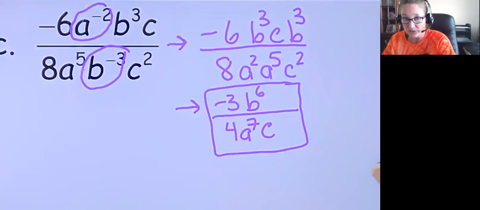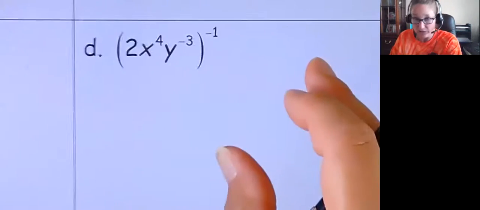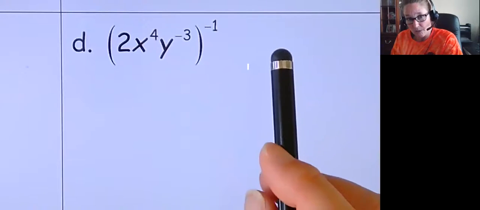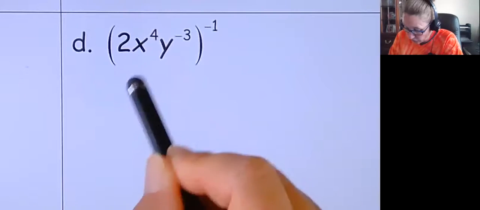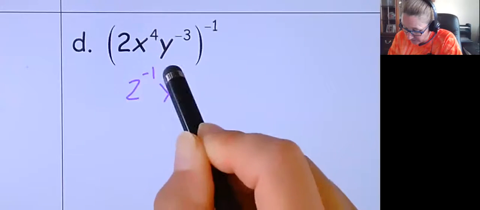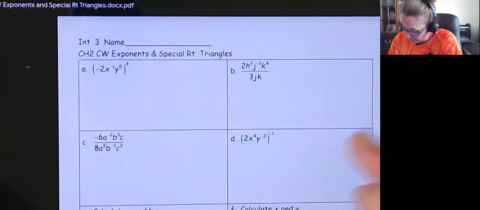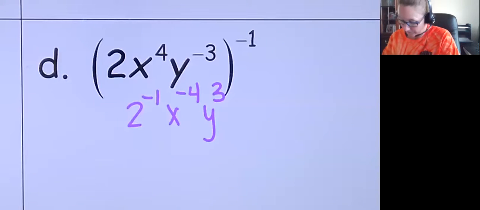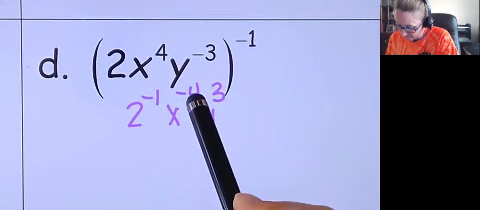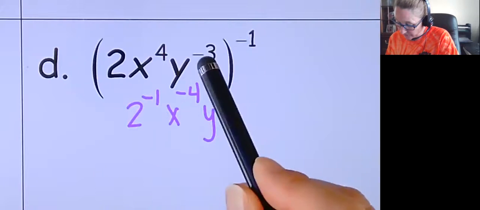On letter D, everything here is going to be raised to the -1. Now I'm going to get 2 to the -1, x to the -4th. Hold on, let me get that back. Okay, so we had 2 to the -1st, x to the -4th, y to the 3rd, because negative times negative